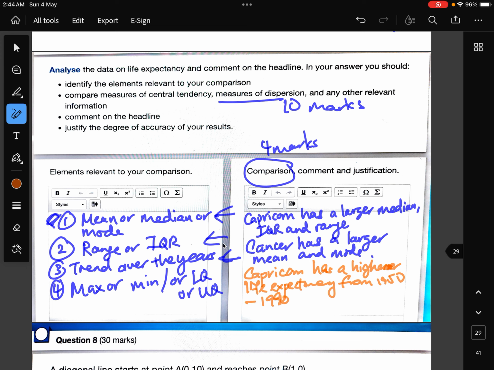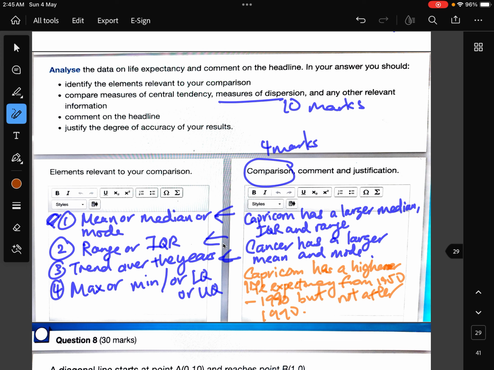Okay, but it seems like this headline will not apply after 1990. Okay, but not after 1990. So I think this is one thing you could obviously write,